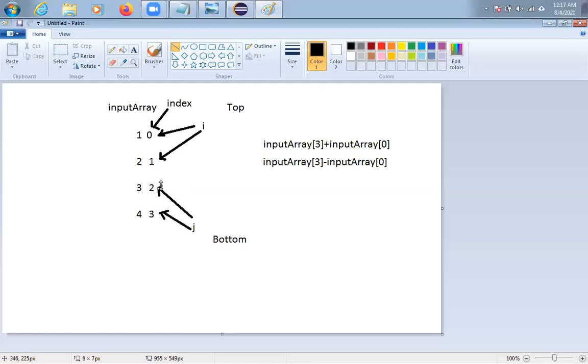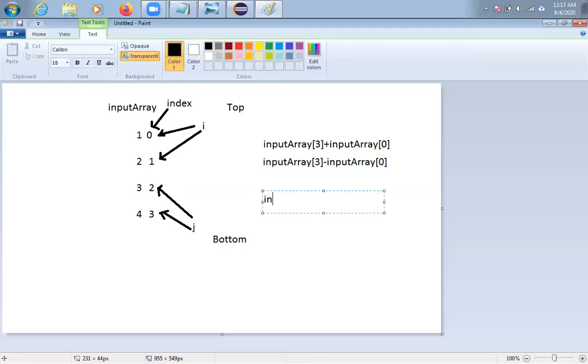Okay. Now what will I do here? Same thing, friends. Same thing. So input array. Now what will I do here? Input array of, say, 2 plus input array of 1, friends.